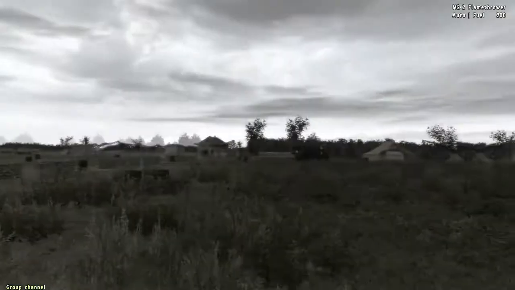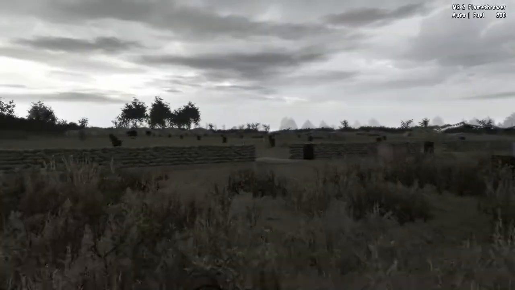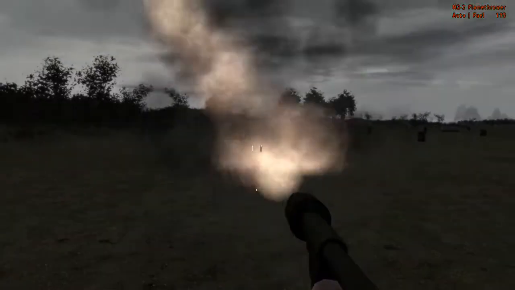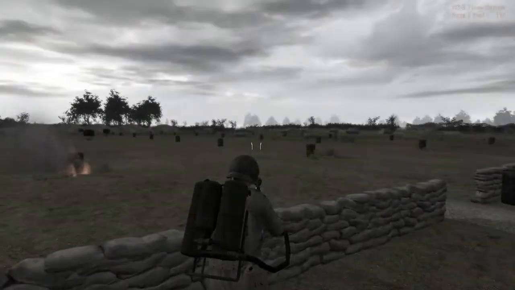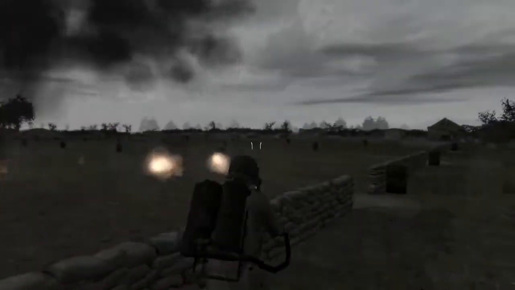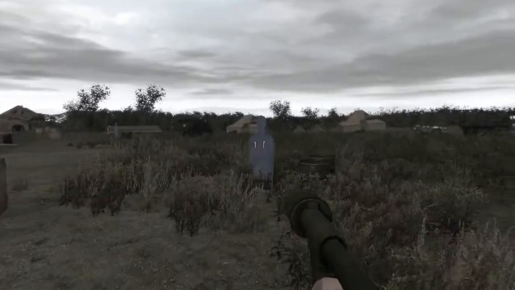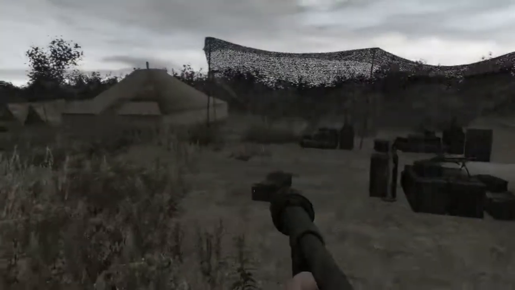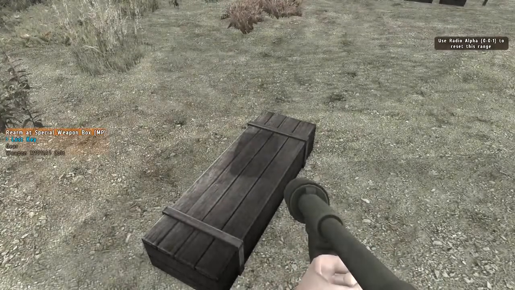So, here is me. I have a flamethrower and I have a pistol. So, we'll run up here and we will set stuff on fire. That is awesome. Not sure what it looks like from the outside. Oh yeah, it looks cool. It'll eventually burn out. Everything needs to burn, but flamethrowers are kind of cool. But what's really cool